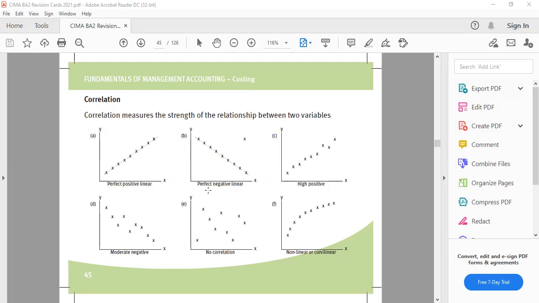If it is not a straight line, if there is a particular pattern, we call that high positive. Similarly, when there is a fall, there is a pattern, we call that negative, moderate negative. No correlation is a situation where there is no trend at all. When these points are connected, we see that there is a straight line existing there. But when there is no such pattern, either to increase or decrease,